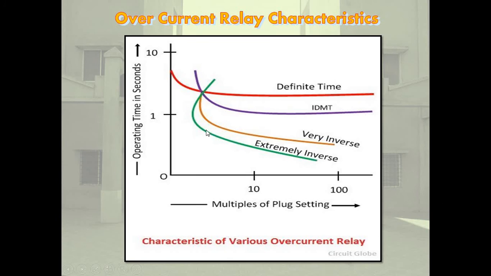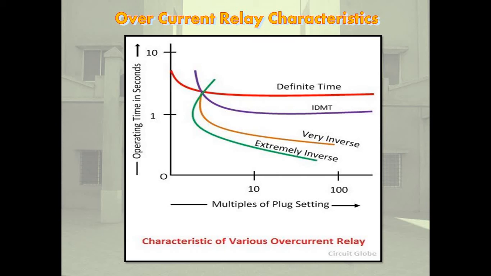In an inverse time current relay, there is an inverse relationship between the actuating quantity and time. Actuating quantity means the plug setting, and this is the time setting. Operation of the relay. All electromagnetic induction type relays are inverse time current relays to some large extent. It depends on how the core is structured. If it saturates early, it becomes a definite time current relay. These are the main overcurrent relay types.